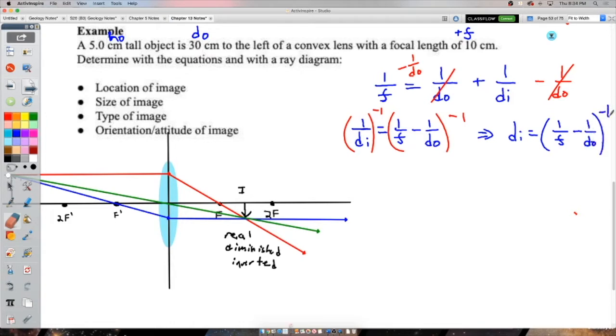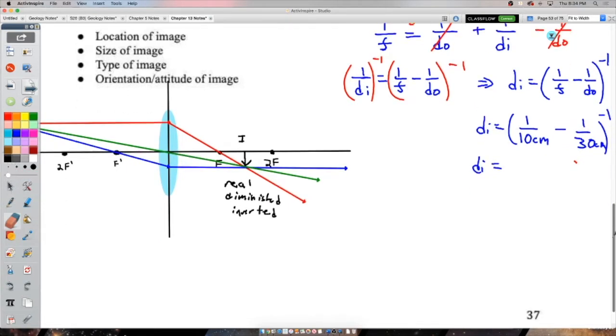Don't forget that's all inverted. So 1 over all of that. Okay, so DI then equals 1 over positive 10 centimeters, because this is a converging lens, minus 1 over 30 centimeters, all inverted. Okay, just because there will be physics courses in your future where you can't use a calculator,